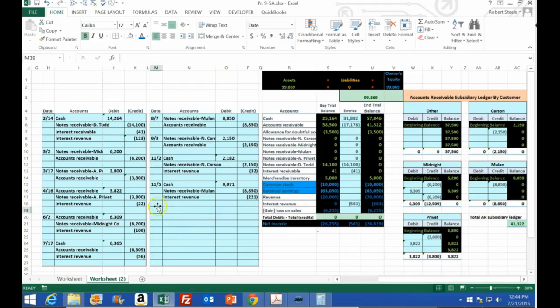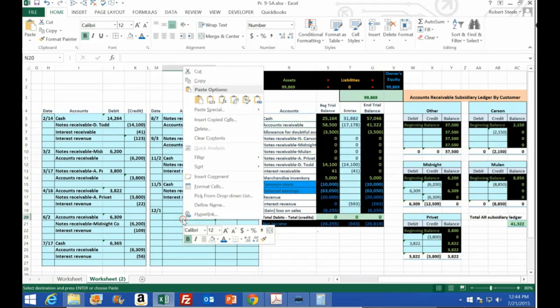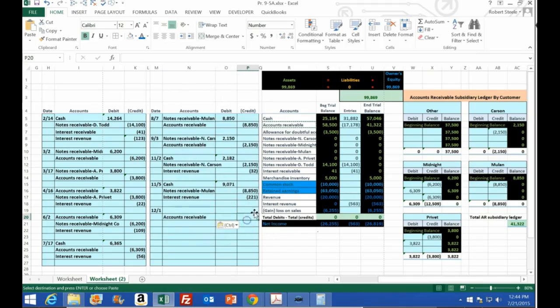So as of 12/1, then this needs to go down. That's a debit balance. We're going to make it go down by doing the opposite thing to it, which is a credit of the 3822. Now we're going to debit something. Now if we were on the direct write-off method, which is not GAAP method, then we would debit bad debt expense. Because what really happened here is we made a sale and now the sale never happened. So you would think that we would debit sales, making it go down. But we never debit sales, so we make another account, which usually we call bad debt expense, to make it